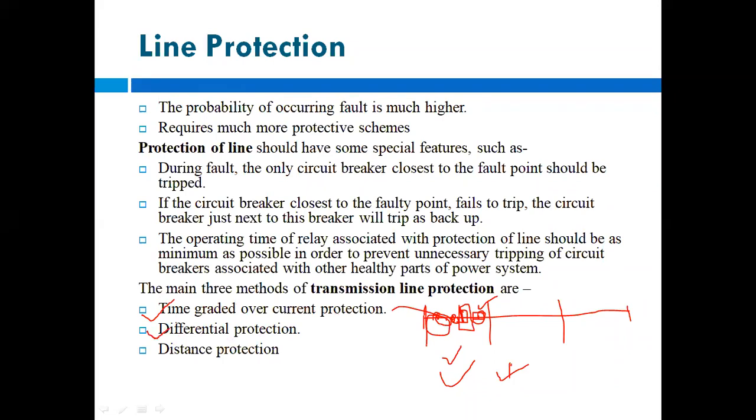Then the second is the differential protection, which we have just seen, meaning when the difference between two quantities flows, your relay will operate. And the last one is the distance protection. We'll see that in the next chapter. So this is our last point, the line protection. We'll see what transmission line protection is in our next chapter, that is distance protection. So here I declare that our second chapter is over now.